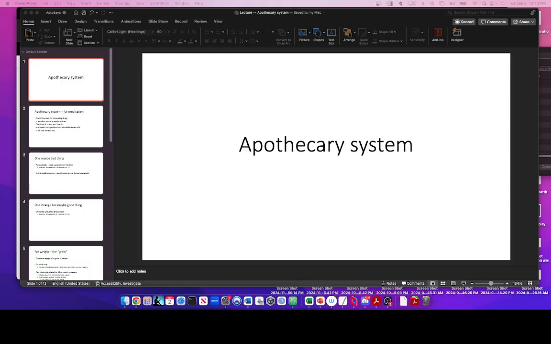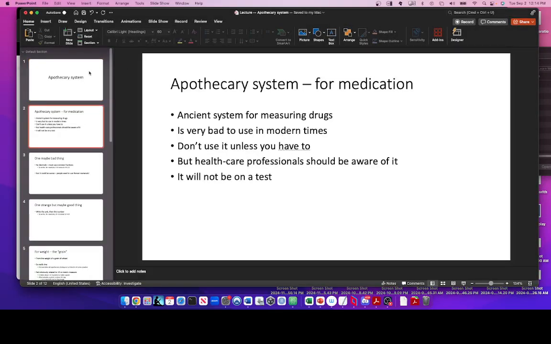So, this is something that's not going to be on the tests, but we are going to have a lab assignment for it. It's something that's strange, but that people going into healthcare professions should be aware of: the apothecary system. You may know apothecary is old timey medicine, well, the old timey version of, I guess, what we would call a pharmacist today. And so, the apothecary system is an ancient system for measuring drug dosages, and it's not